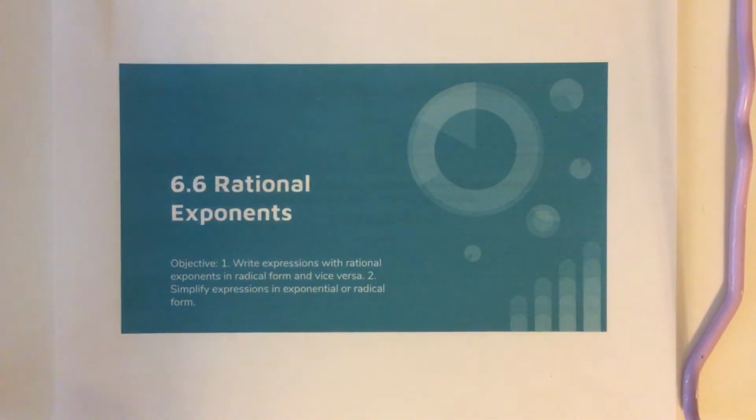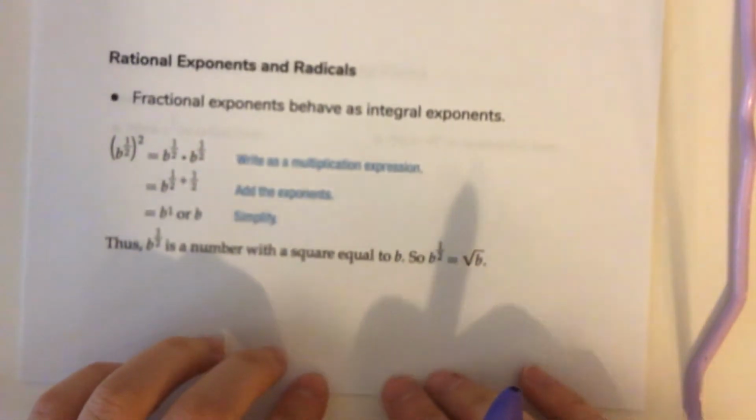Okay, so here is our lecture video for section 6.6, Rational Exponents. And by rational exponent, I just mean we're going to start seeing fractions come up as exponents, and there are a few different properties about fractions that actually make simplifying exponents a lot easier. So our first little bit here,